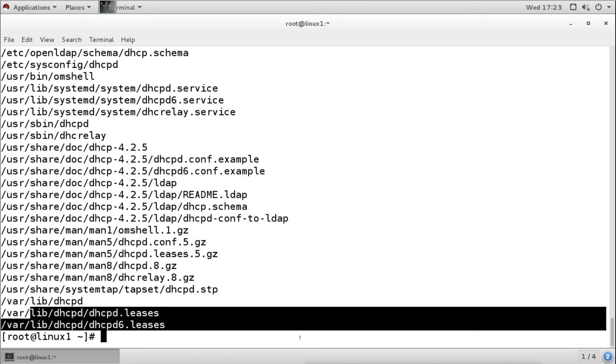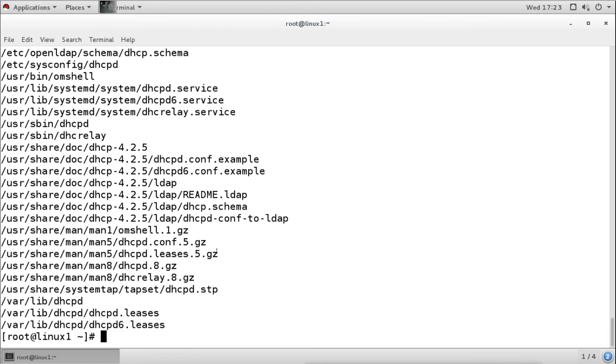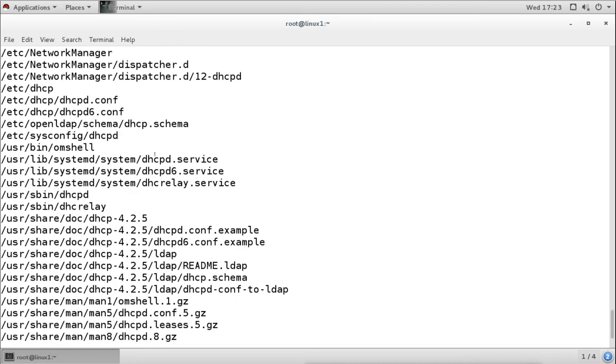Now for configuring our DHCP server, what we need to do is create a pool of IP addresses and other information like DNS server information, gateway information, and lease period. So we have to configure the pool of IP addresses which is available. We have to configure the router address, DNS address, domain name, and also the lease time. All of these we can configure in the main configuration file.